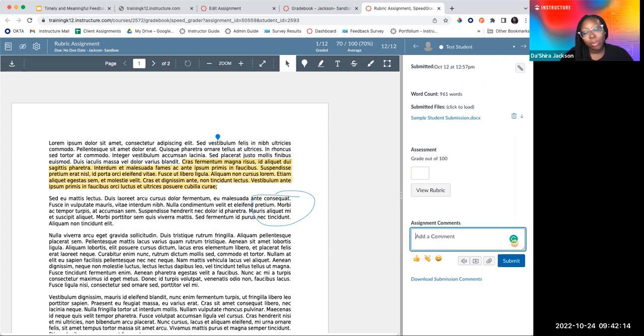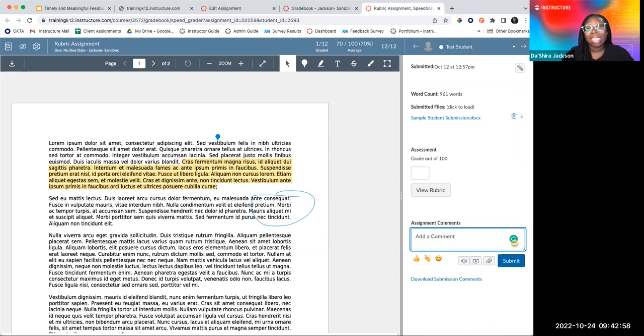Rubrics, I will be honest with you, and this is from an instructor side of me, not me working just for Canvas. Rubrics do take some time to build in Canvas, but you only have to do it once and then it's done. So I think it's worth the time to build it out because it really does go a long way with helping set those expectations for your students. So they know exactly what you're going to be looking for when you're grading them, and they can also ask you questions ahead of time so that when you go and grade, you're not getting that back and forth from students about why did I get points off from this, whatever the situation is.